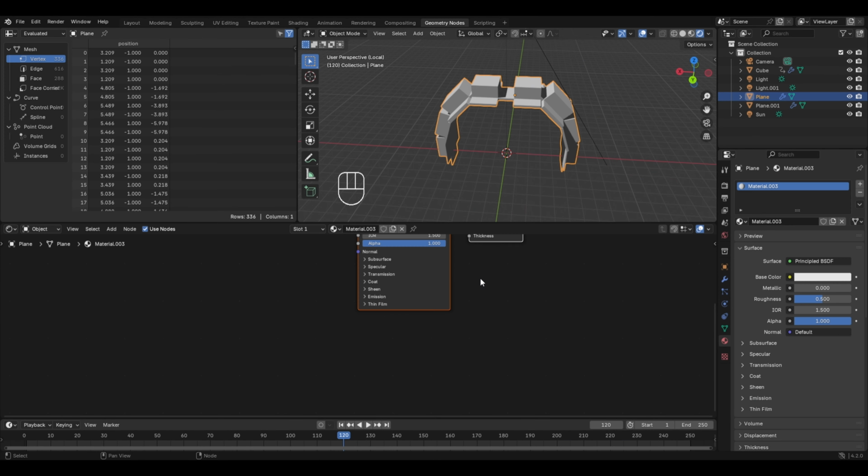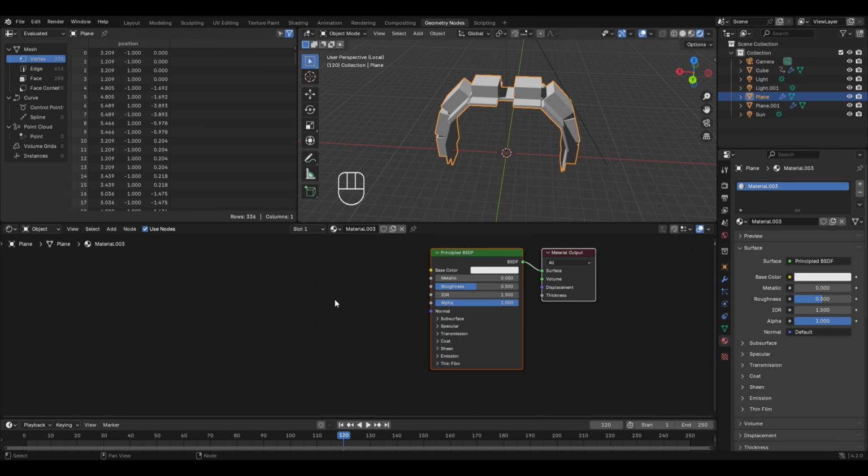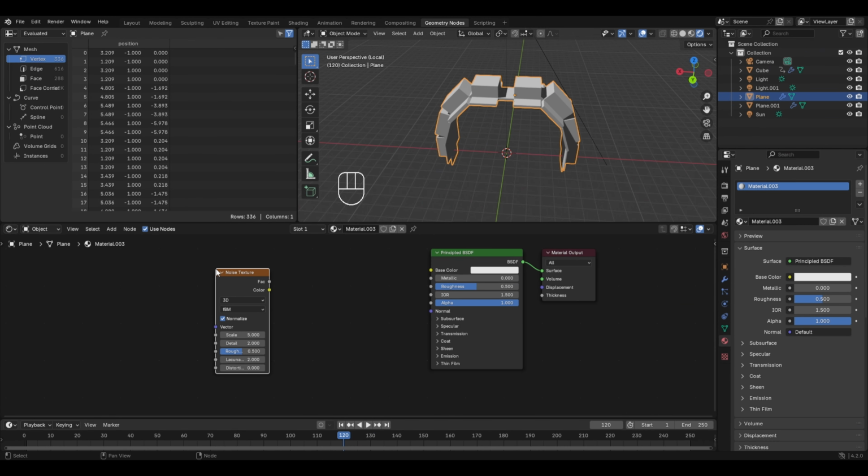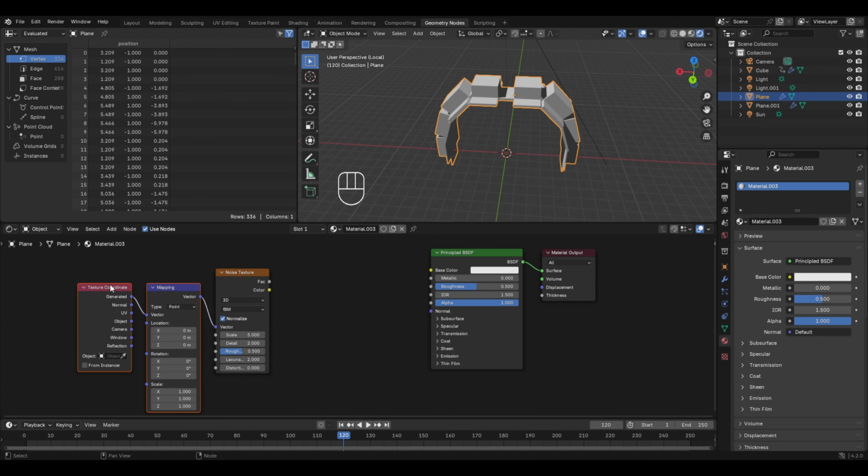So I'll select the portal, then in the shader editor, let's add the noise texture. So press Shift+A, go to texture and select the noise texture. Place it over here. Press Ctrl+T to connect it to the texture coordinate and the mapping node. Now just like always, take the object socket and connect it to the vector. Now I'll connect the factor socket of the noise texture to the base color in the principled BSDF, and for